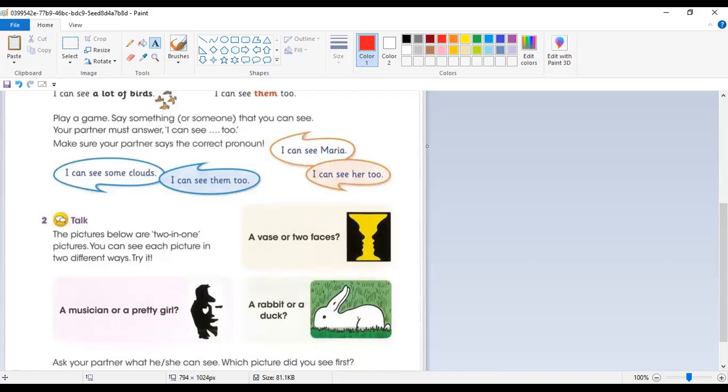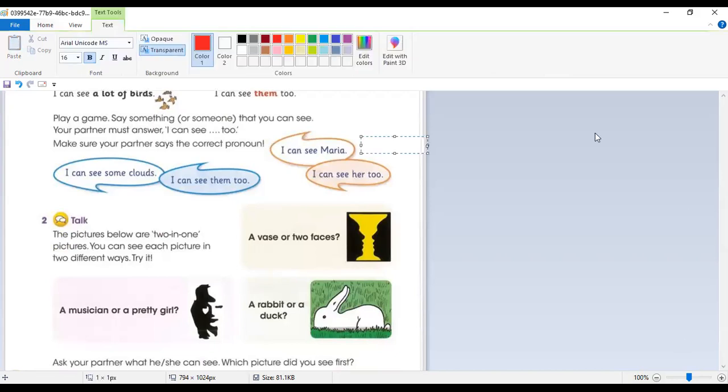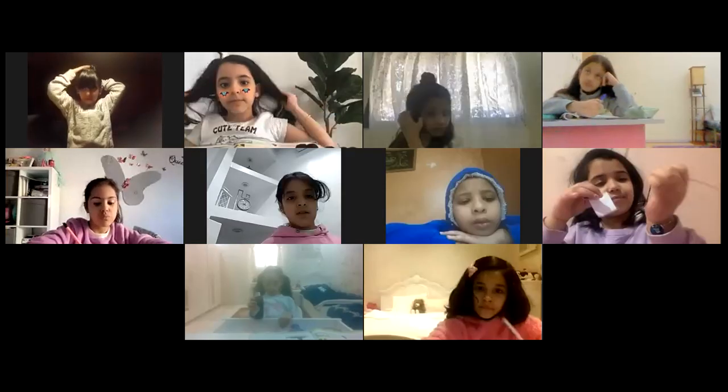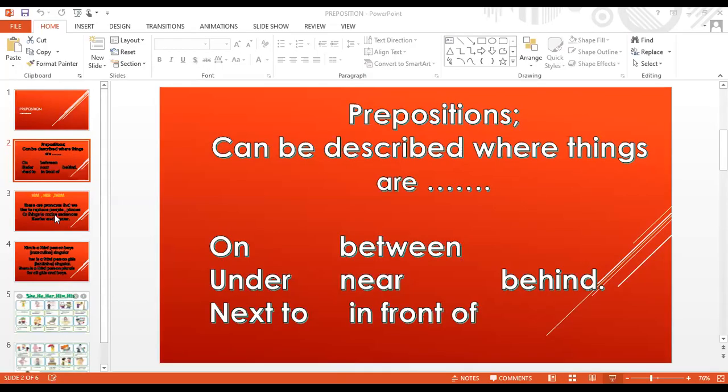So did you understand? Now this lesson was talking about pronouns. Let me repeat again. What are pronouns? We use pronouns. See what was given here in your book. So here is what pronouns are. We use pronouns